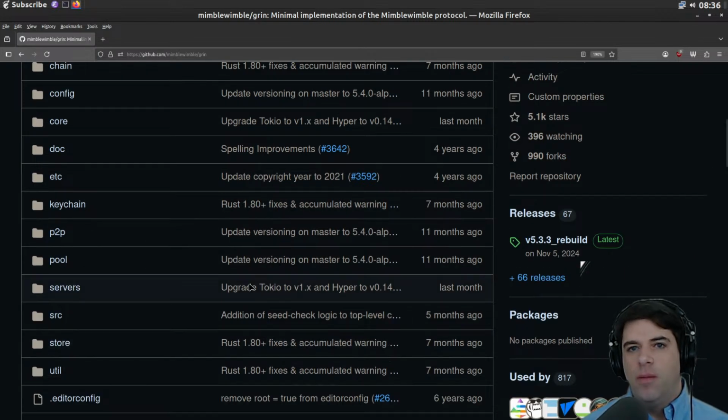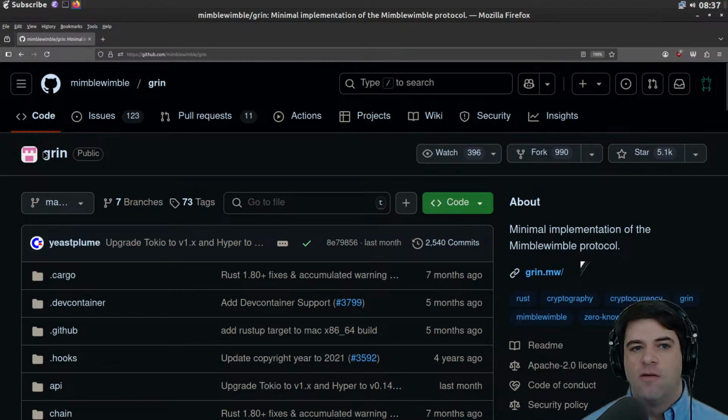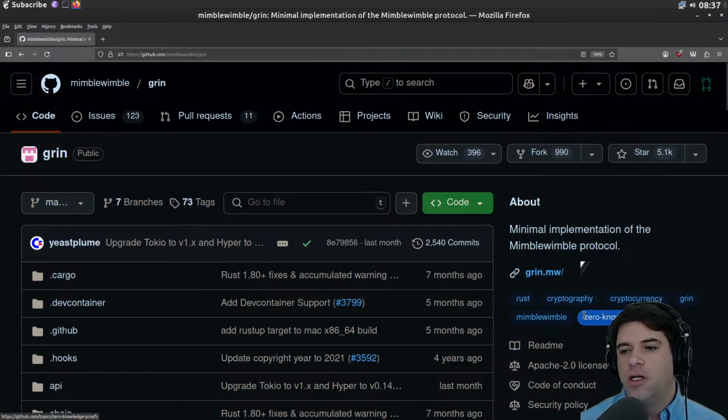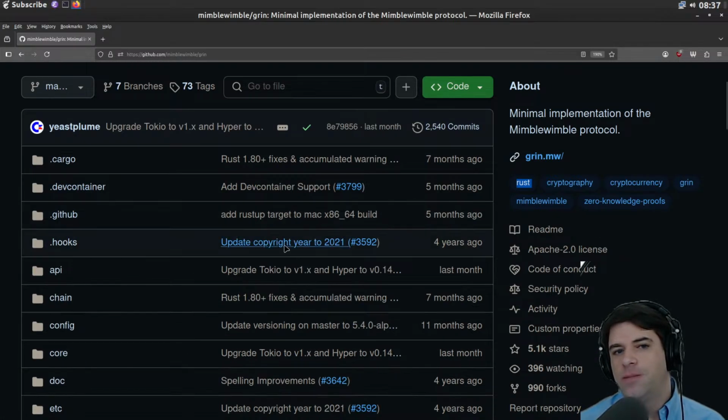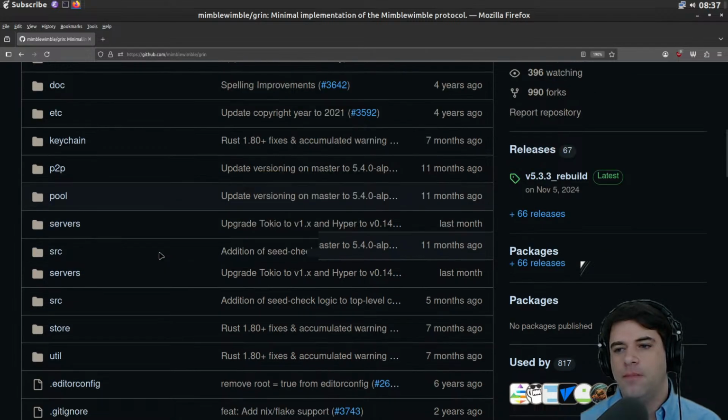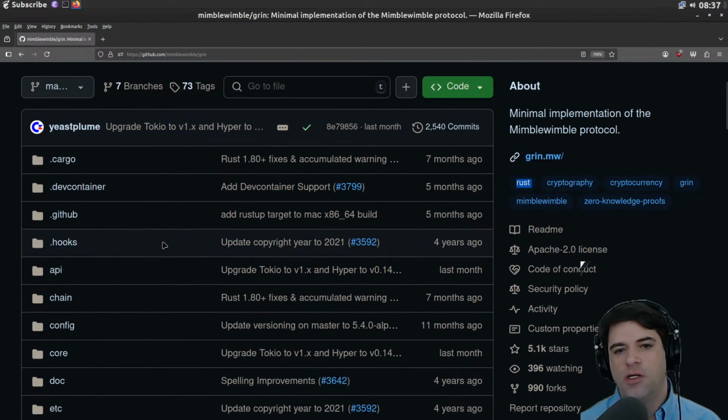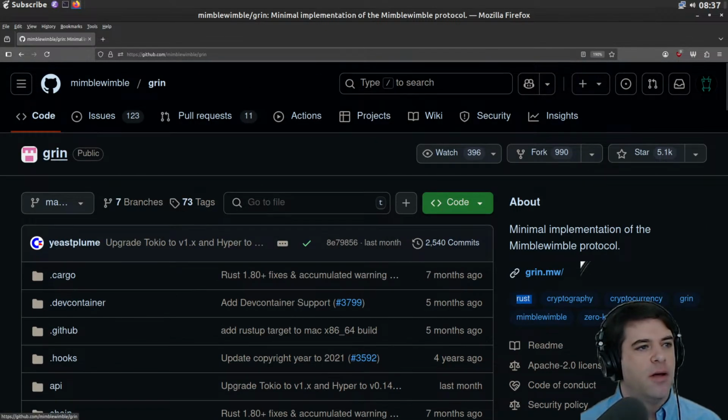Today we're looking at MimbleWimble, specifically the Grin implementation of MimbleWimble, which claims to be a minimal implementation. MimbleWimble is some sort of cryptocurrency protocol. I am not personally familiar with it. There appear to be some zero knowledge proofs, and it's in Rust, which I'm also not super familiar with, but I think is mostly pretty readable. So let's dive in. This was a request from